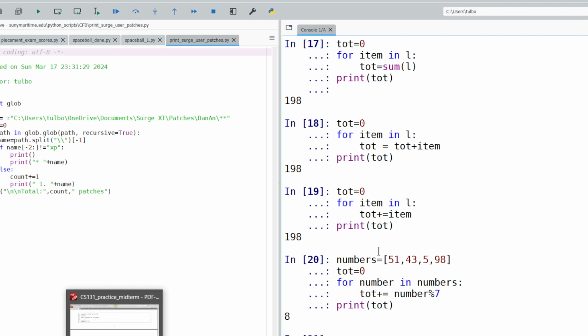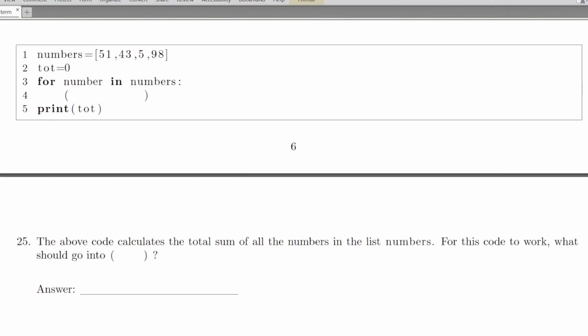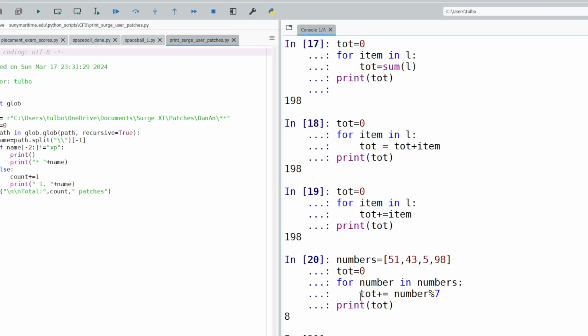All right. My point is that you have to know some really simple ways of accumulating numbers, something like this. So two things that you definitely need to know are how to append to a list and how to accumulate quantities. That'll be one of the short answers. Okay. All right, so this concludes the